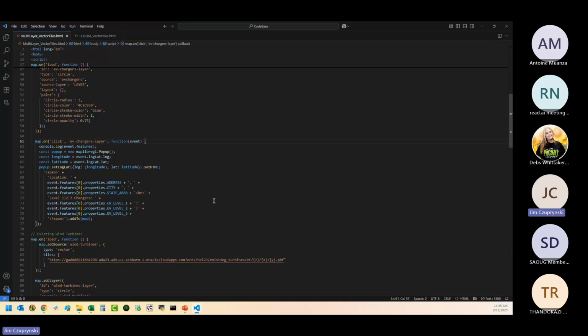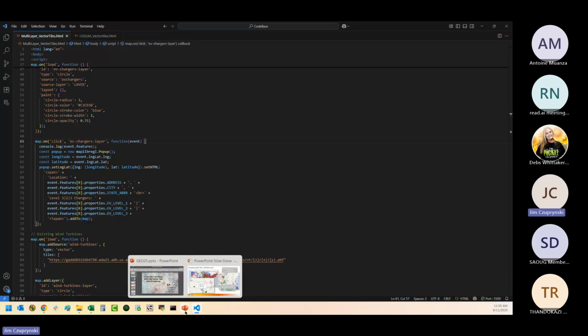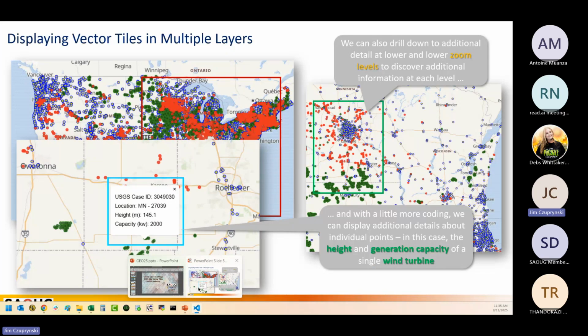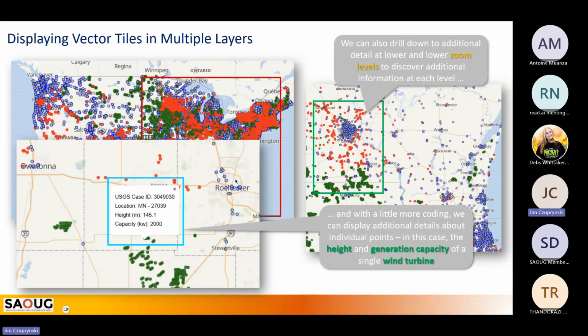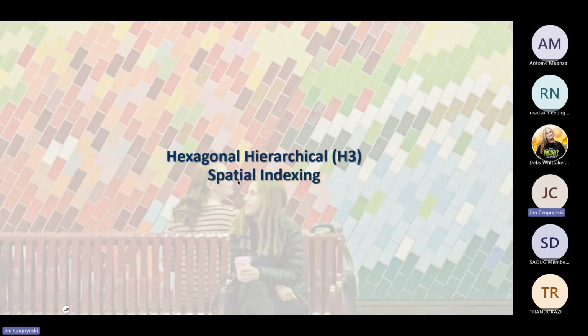I like using this because I don't have to go into Spatial Studio, log in, do all this other stuff. I can just turn on VS Live Server and boom, test if my code and everything else is working. And then if I want to, I can transfer that knowledge over into Oracle Spatial Studio. So that's why I do it this way. I've done it in Spatial Studio, but I don't need to do it in Spatial Studio if I don't want to, right? If I want to just serve these up. So that's basically vector tiles.